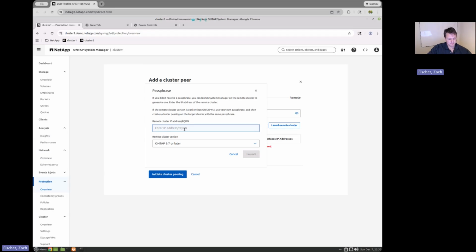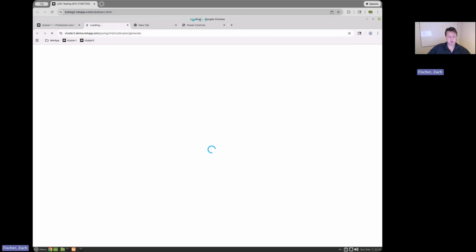So we need to put in the cluster information, so that we can get a passcode so that we can connect the two clusters,